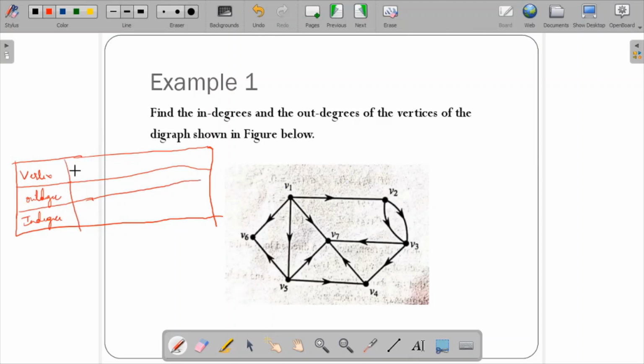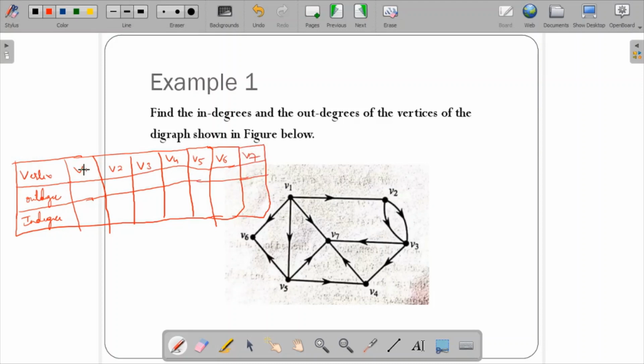So let us write the vertices one by one: V1, V2, V3, V4, V5, V6, V7. So these are the 7 vertices.